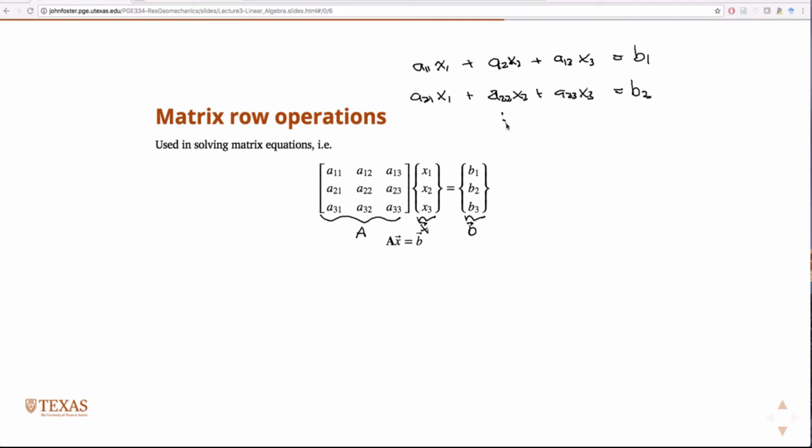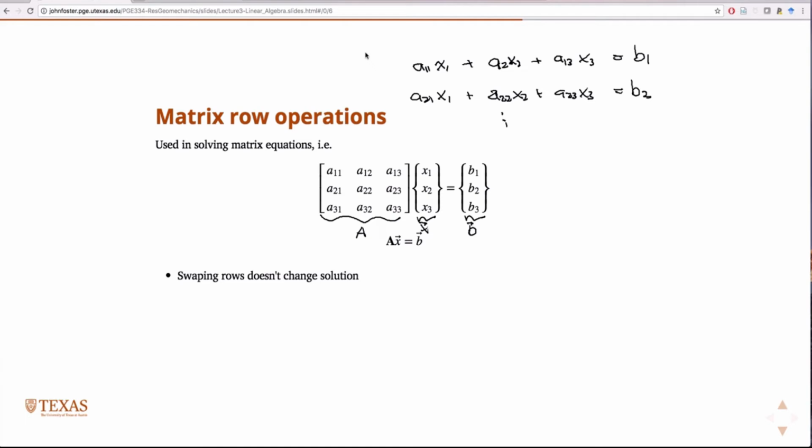The reason it's nice to have these 3 simple rules is because we can implement them into a computer easily. In fact, whenever you have any direct solver that solves a linear system of equations in a computer, they essentially just implement these 3 rules. Right? And so the first one